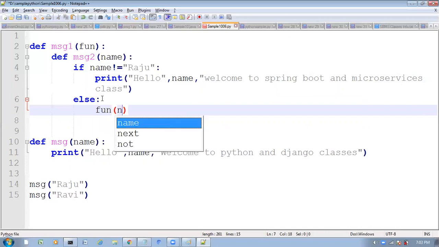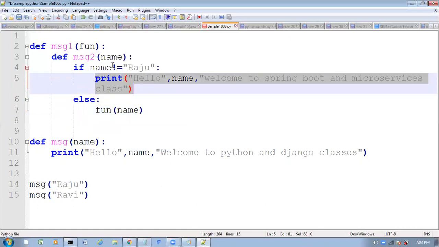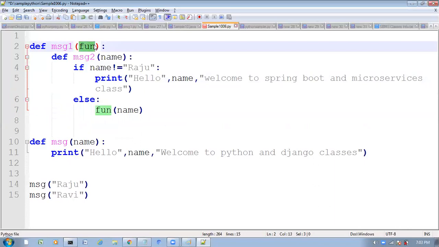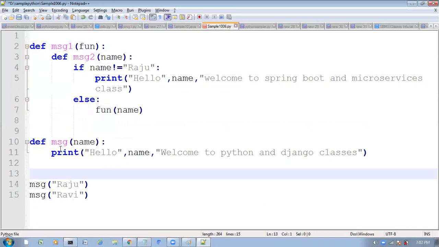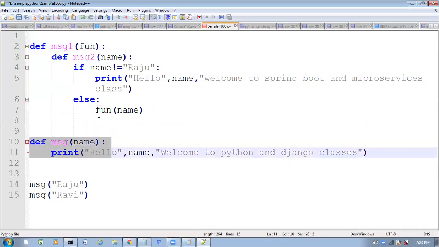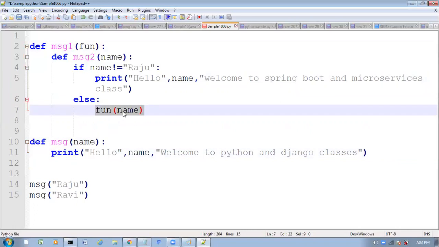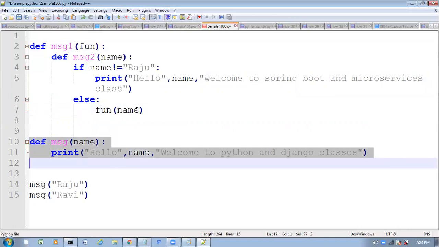See, if name is not equal to Raju, then only I want to print this one. If name is Raju, whatever function you are passing as the argument to the decorator function, the same function I want to execute. Here also you are executing this function only.